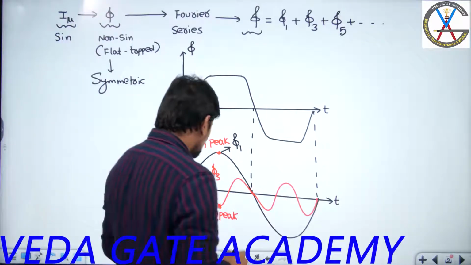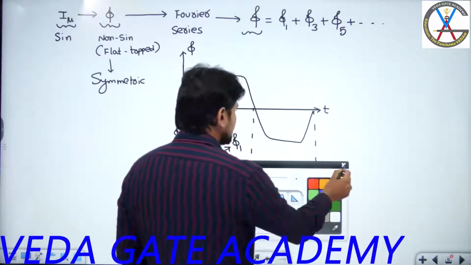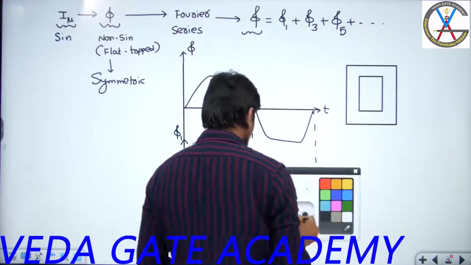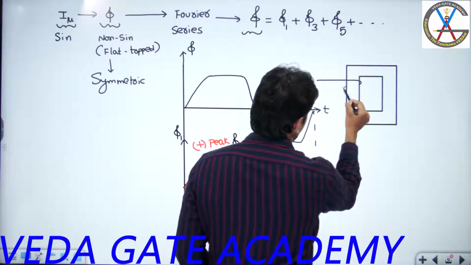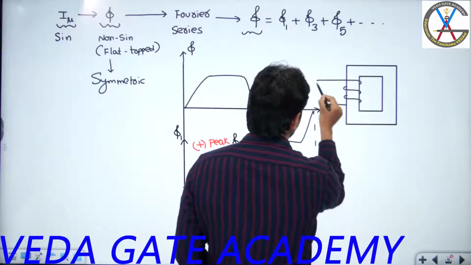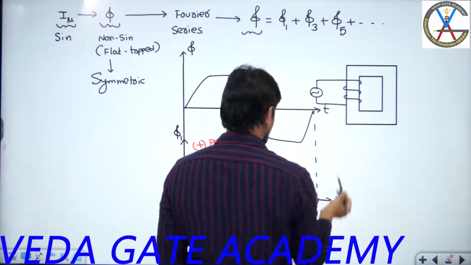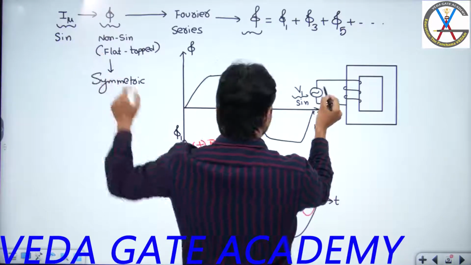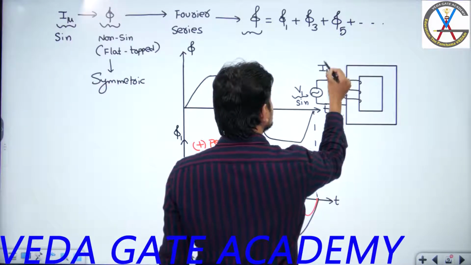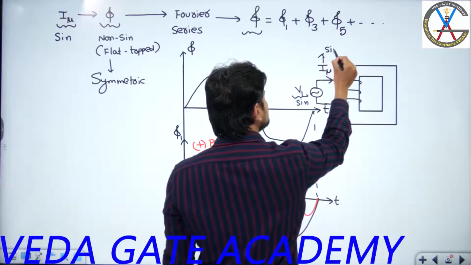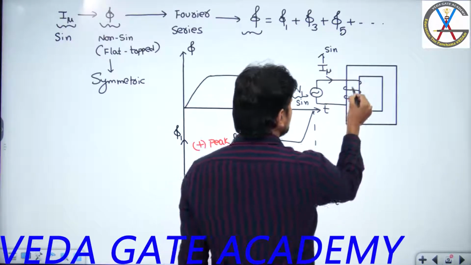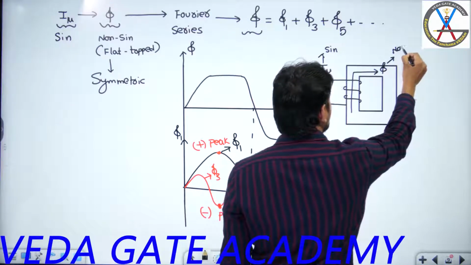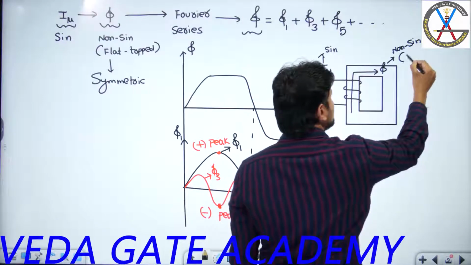So what is the disadvantage of containing these fluxes? If you try to see here again, if you are taking a transformer, then what will happen? Consider this is my transformer core on which I have wound a winding. Let us assume this is connected to a pure sinusoidal voltage source, and I am assuming that this magnetizing current is sinusoidal. The moment this magnetizing current is sinusoidal, is the flux linking with the winding sinusoidal or non-sinusoidal? It is non-sinusoidal, flat topped in nature.